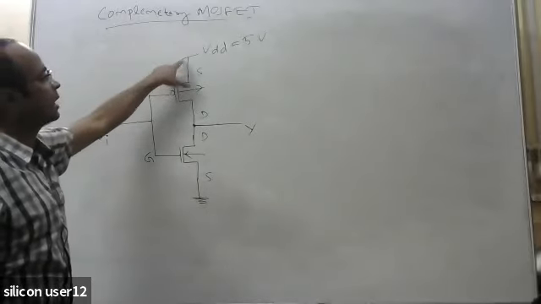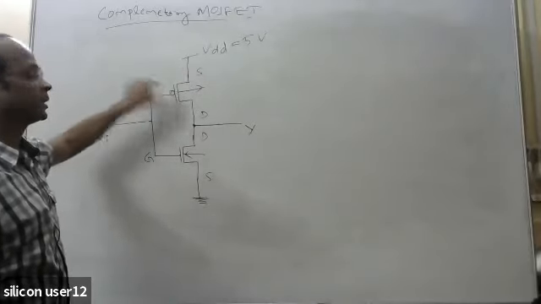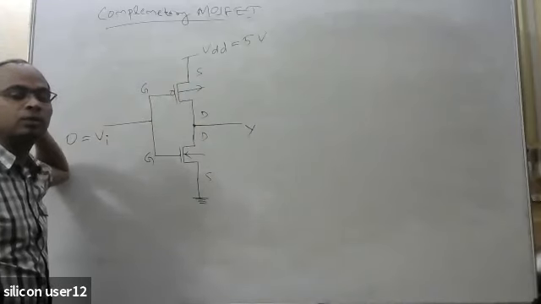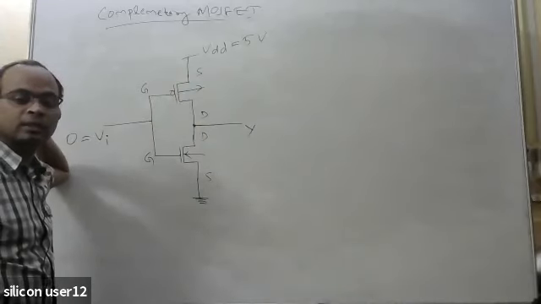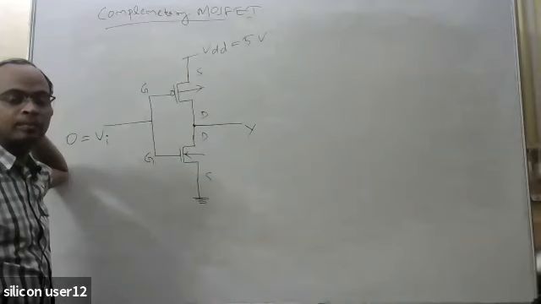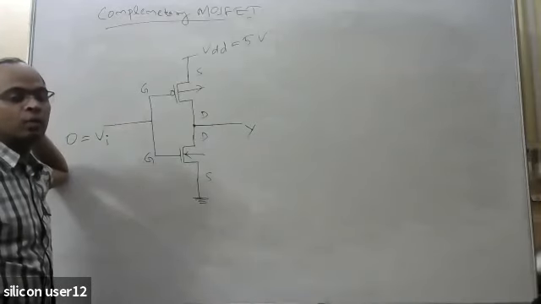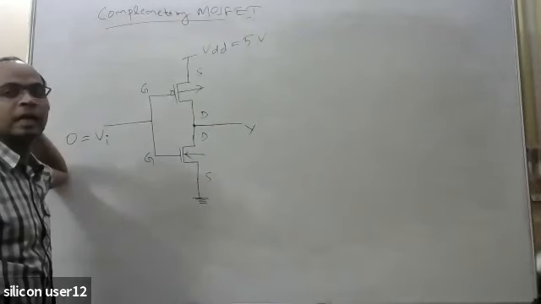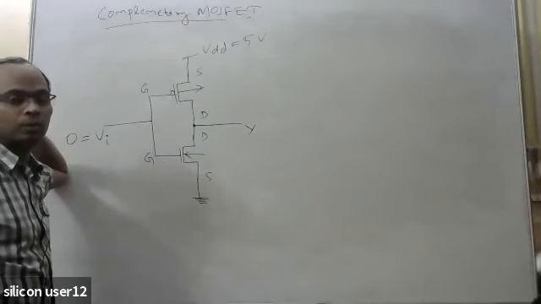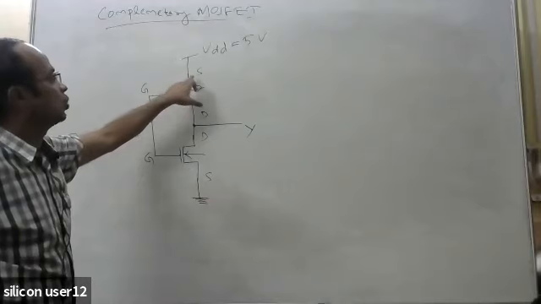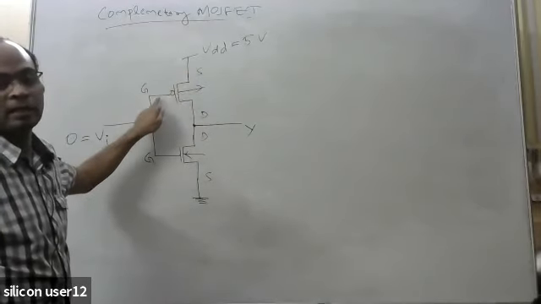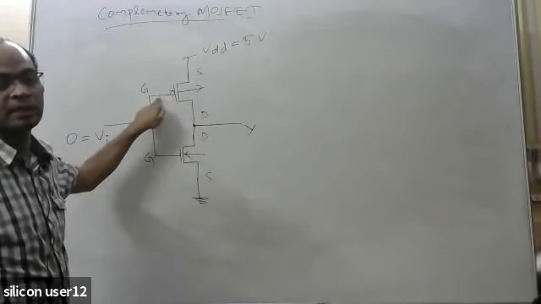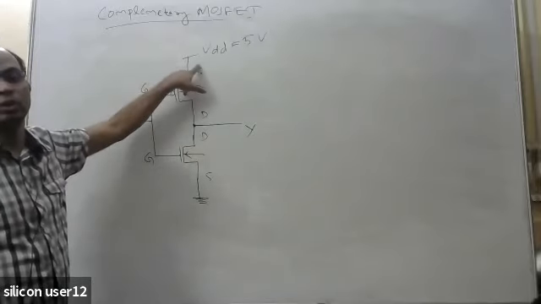The source is at 5 volt and the gate is at 0. So the gate is negative, sir? Yes, the source is negative. Okay. You have 5 rupees, I have 0, so obviously I am negative with respect to you. Okay, the source is at 5 volt and the gate is at 0 level. So that means the gate is negative with respect to this source.